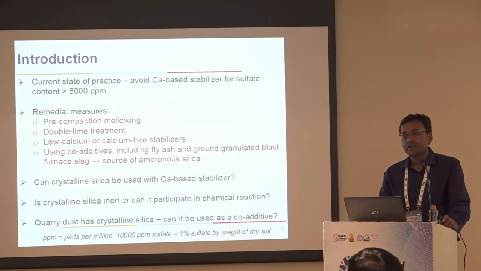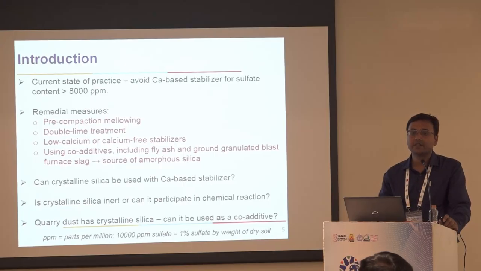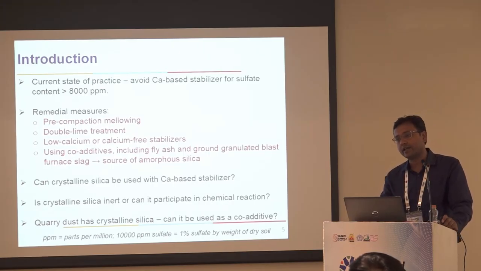So the current state of the practice recommends that you don't use calcium-based stabilizer if the sulfate content is more than 8000 ppm. Typically, the remedial measures are like pre-compaction mellowing, a double lime treatment, using low calcium or even no calcium stabilizer, or even co-additives like fly ash or GGBFS, which are used frequently,